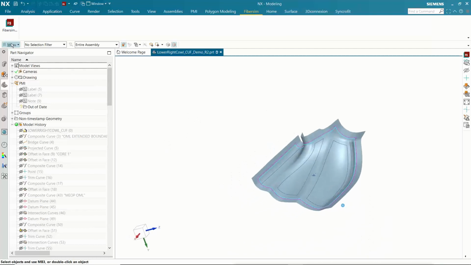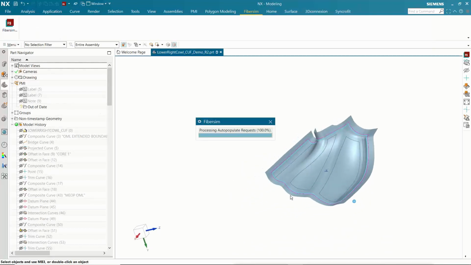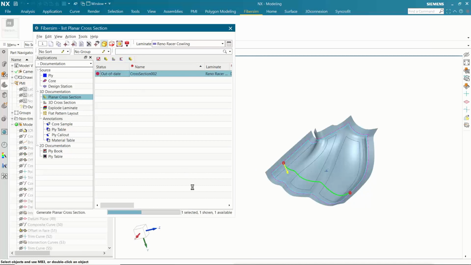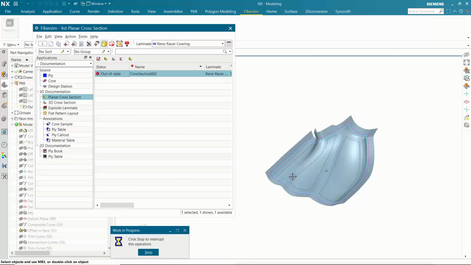The plane of cross-section is something that's created by simply picking a plane on the surface, and then after you define the location you'd like that to be constructed, you simply go ahead and request that Fibersim make a cross-section. And so now it's actually building the cross-section for me. And I think I accidentally had turned on generate construction curves. So one of the things I want to point out is you don't have to build the actual curves. You can just have the